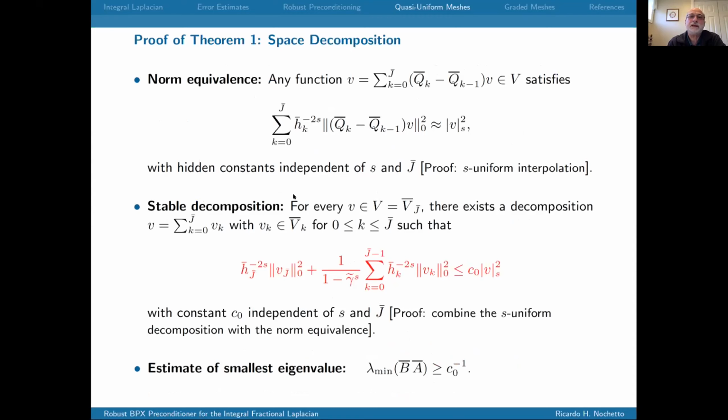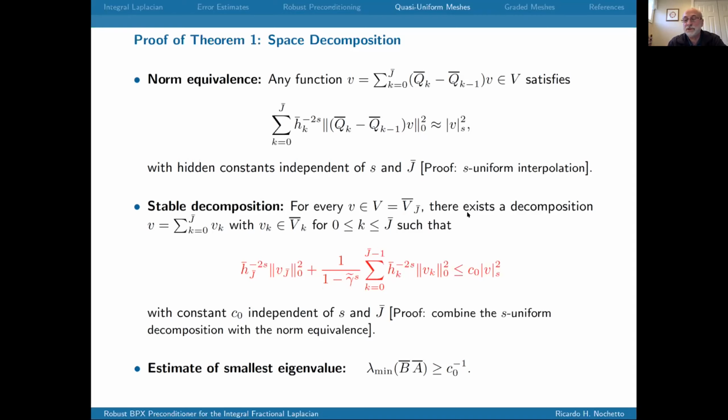For lambda min, you need to do the space decomposition, which is usually based on these slicing operators. These are the two projections on the spaces V, K, bar. And it's just this estimate here that these slicing operators scale, and you do the sum of the L2 norms. This is equivalent to the HS norm. This is a proof based on our S uniform interpolation estimate. With this, we can prove this estimate, which is